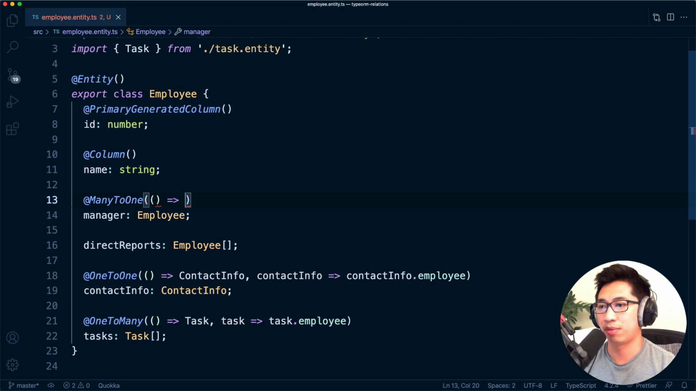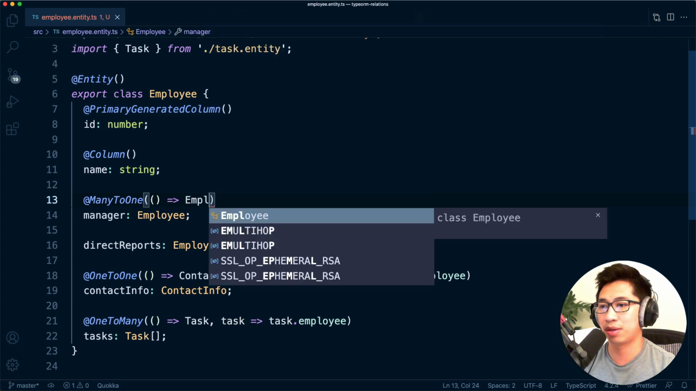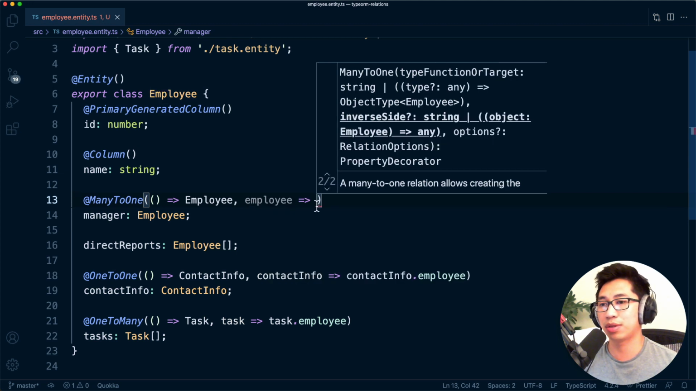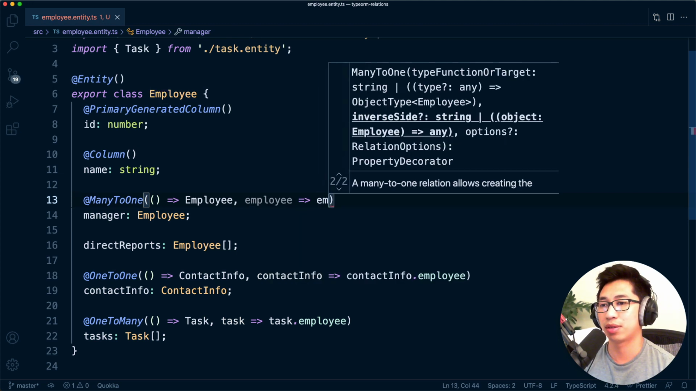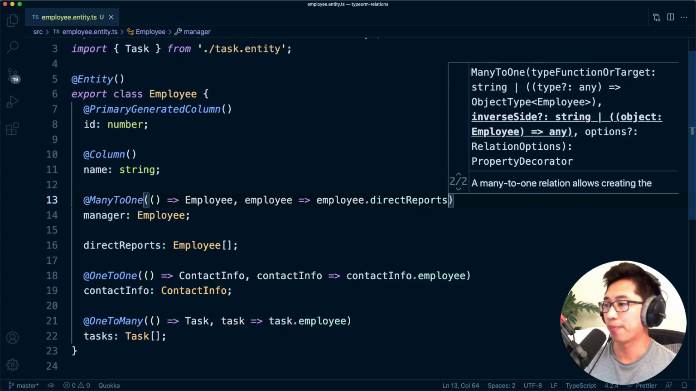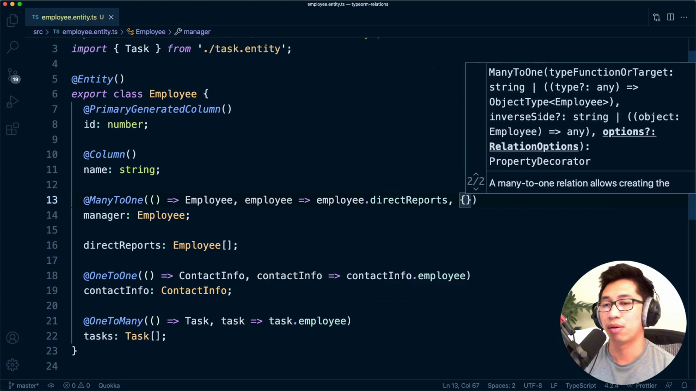So we're going to do, again, the same thing. You provide the type, and then we specify. If you think about it, what does a manager have? It's got direct reports, which is why we added it down there. We're also going to add here on delete